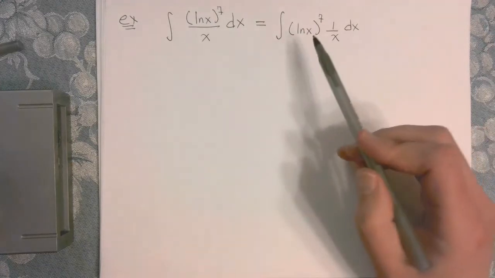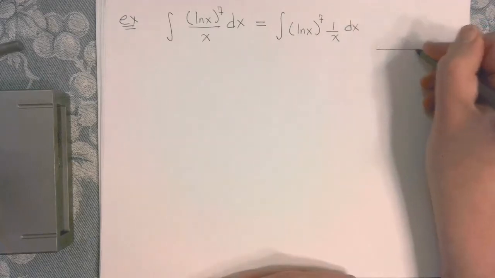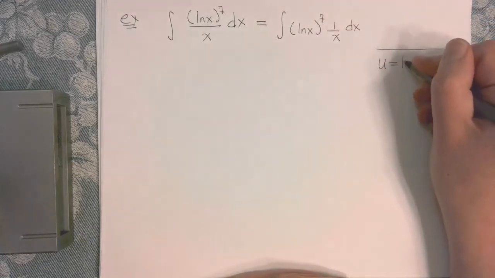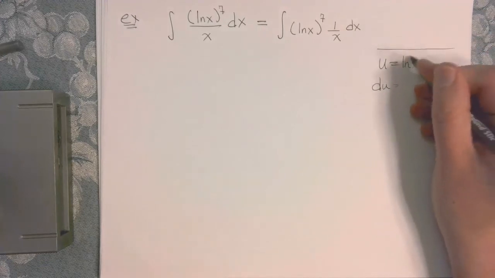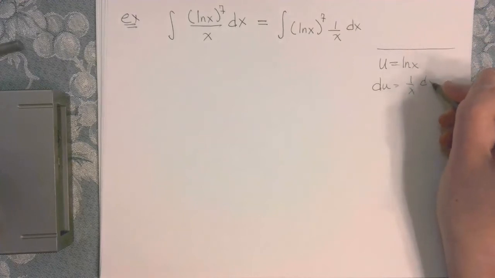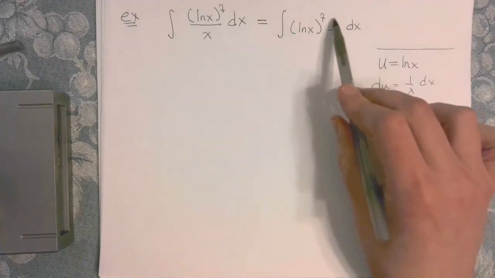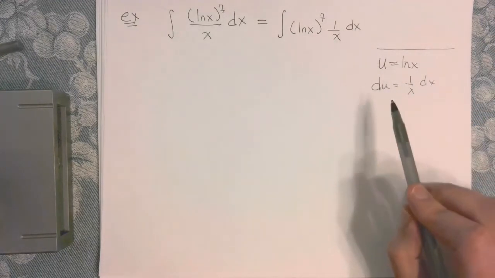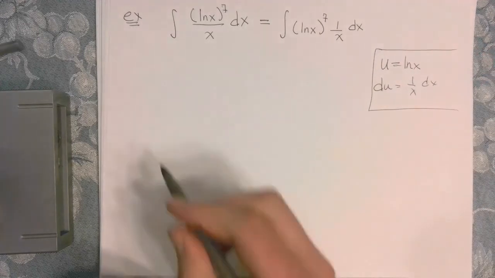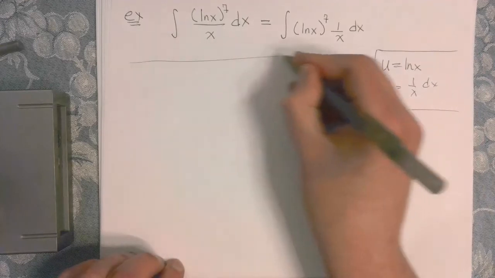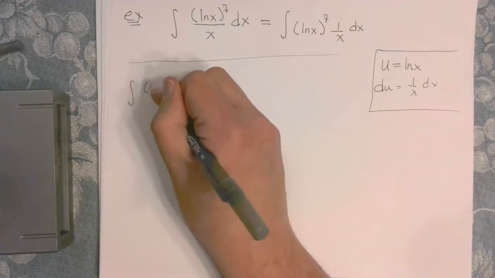And maybe this is a bit more suggestive in technique compared to this, right? Because I noticed that the derivative of ln is 1 over x. So maybe for my substitution, it might be smart to try the natural log of x as u, and the derivative of this is exactly 1 over x dx. This gives me confirmation that this was a good choice, because here my derivative helps me get rid of this and write it in terms of my new substitution variable u. So what do we have? We have exactly this,